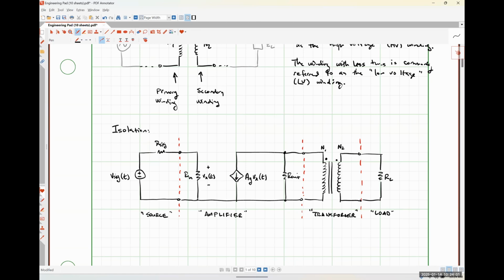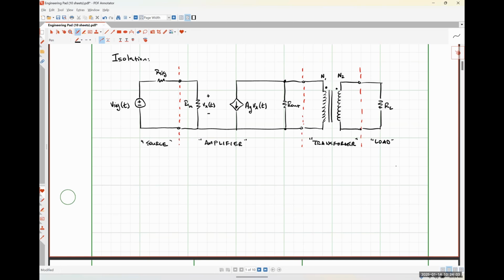So this is just a simple example of where we might have an isolation transformer. Instrument transformers are used to measure voltages and currents in AC systems. So some of you guys that have had internship experience with electric utilities and stuff like that might have heard the terms like a CT and VT tossed around. That stands for current transformer and voltage transformer. You might have also heard of PT for potential transformer or power transformer. All of those type of things are instrument transformers that are effectively just used to measure current and voltages in